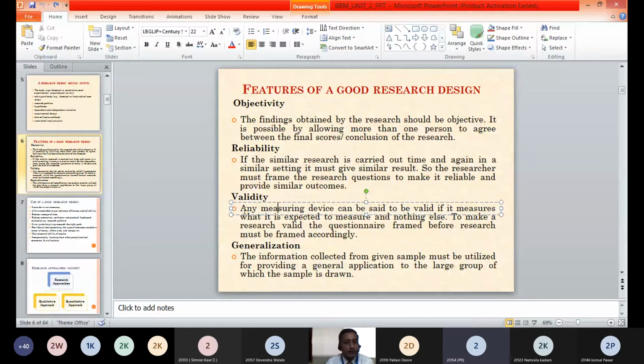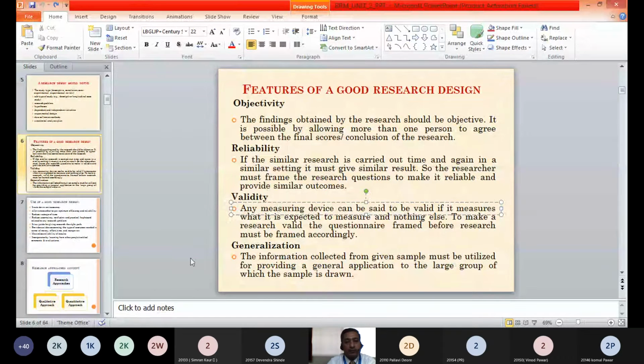So validity, as I told you in the last session: the research question should be valid, which means to get a valid answer. Correct. But what does valid mean? That is the question, isn't it? Related to the law, logically, I think, to get any question's answer. Logically, to get the answer, sir.